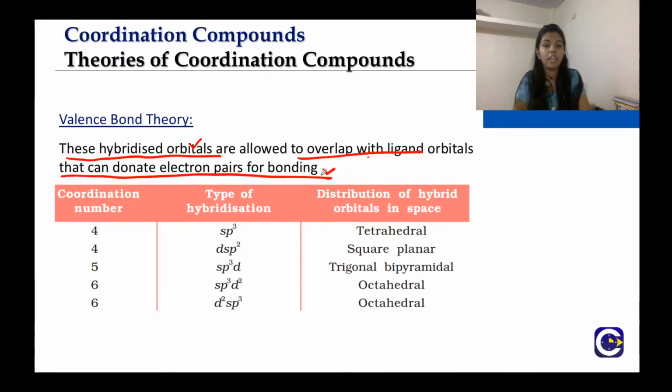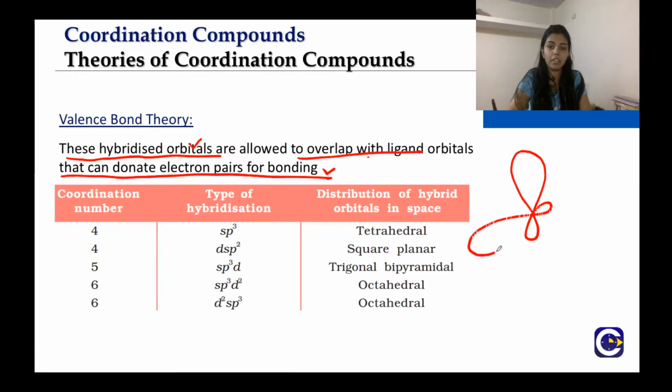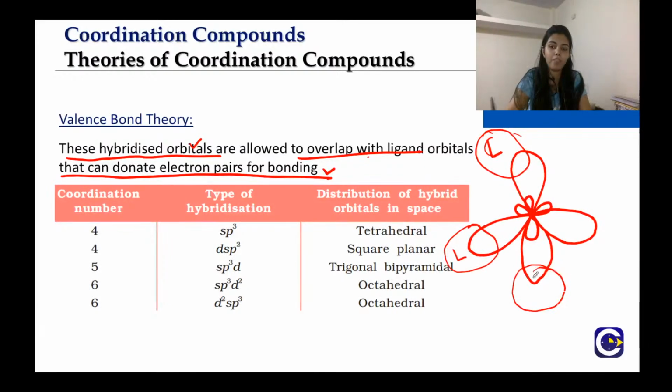So that will mean what? Particularly if the type of hybridization is sp3. So these will be the sp3 hybridized orbitals, which will be somewhat like this. They are arranged like this, right? If you remember the chemical bonding chapter, in tetrahedral form. Now the ligand orbitals will be overlapping this. Let us say this is the ligand orbital, this will overlap with this, this will overlap with this, this will overlap with this, this will overlap with this, right? So these lobes are the sp3 orbitals of the metal atom,